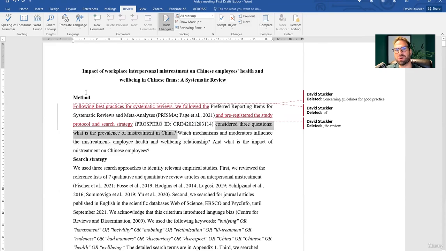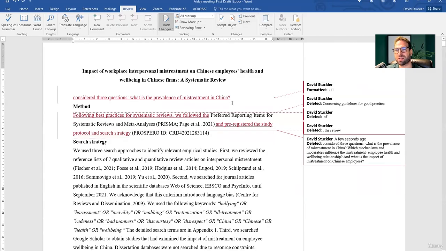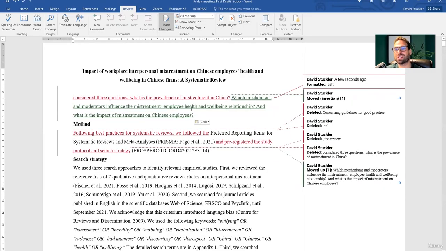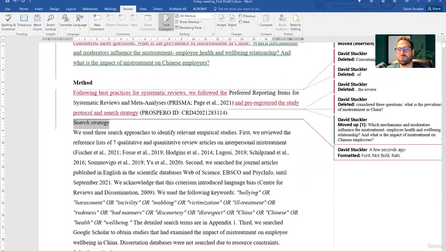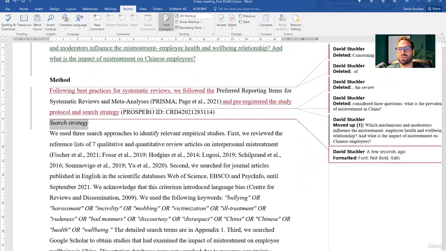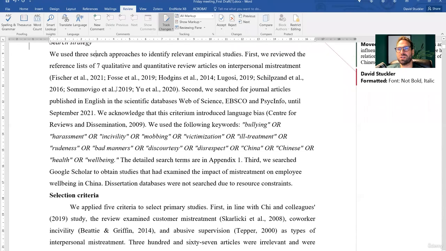This part here, your 3 questions, go ahead and as a placeholder, just put that in the intro. This can all come back here. This is kind of where you're setting out the last paragraph of your intro, what your study did. Let's go ahead and make this italicized rather than bold, because this is all part of your methods. Okay. We use 3 search approaches to identify the relevant articles. I hope you guys can all see the screen. If you can't, do jump in and interrupt me.